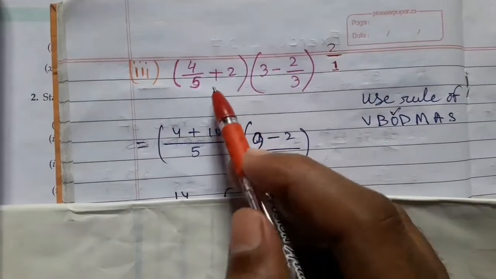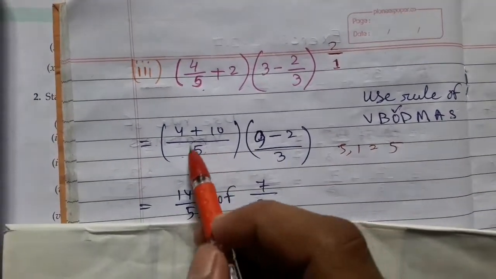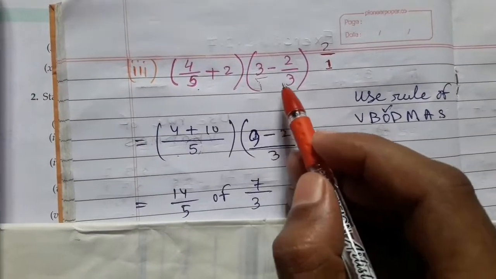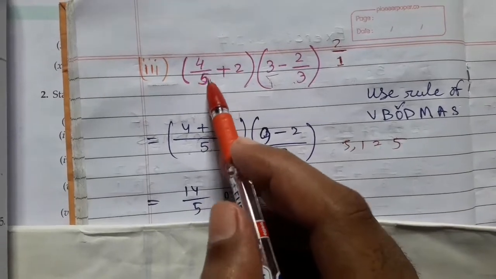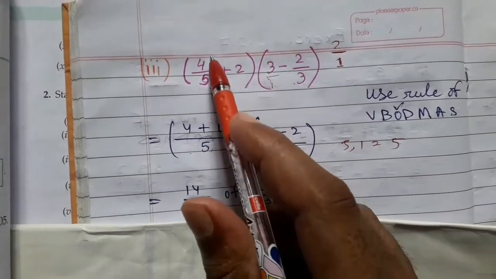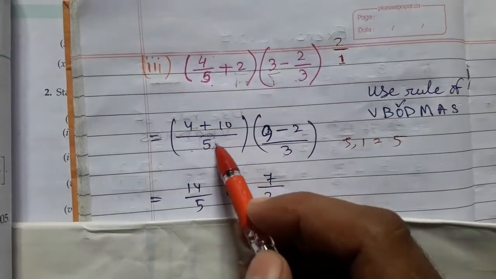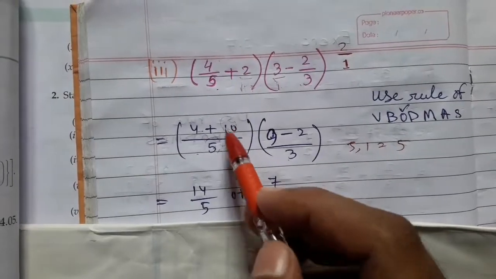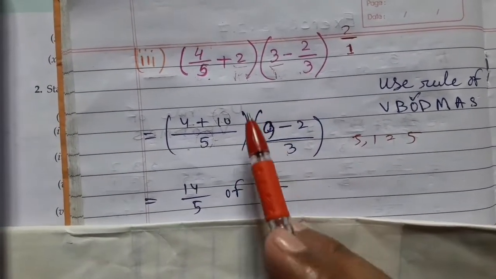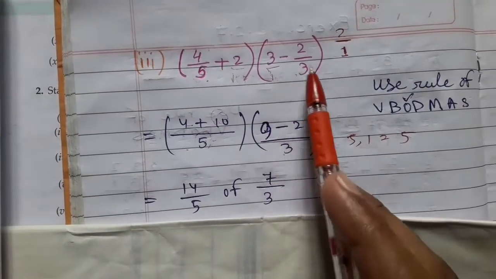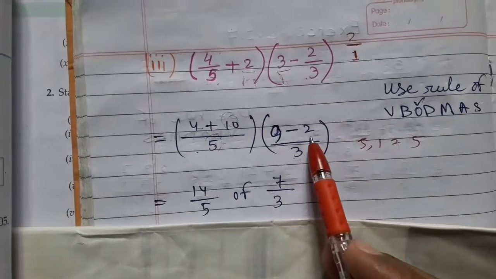2 by 1. Okay, 5 and 1, LCM is 5. Denominator is 1, 3 and 1, LCM is 3. Okay, 5 1 is 5, we multiply. 4 1 is 4. Okay, denominator 1, multiply 5, 5 1 is 5, 5 2 is 10. Okay, clear? 3 3 is 9, the same process. 3 3 is 9 minus 3 1 is 3, 3 1 is 3, 2 1 is 2. Okay, clear?